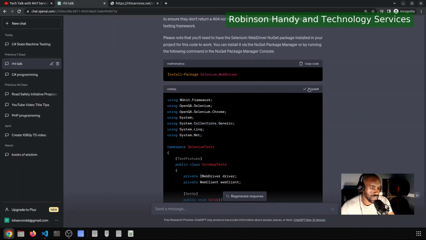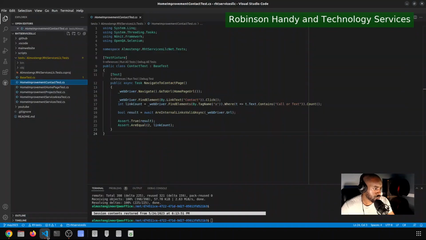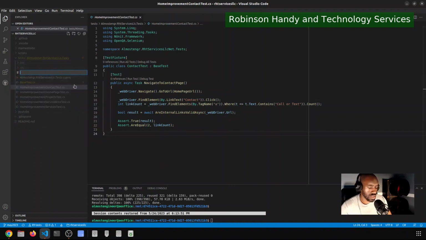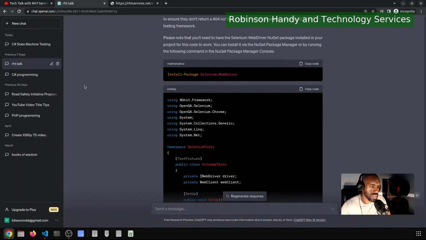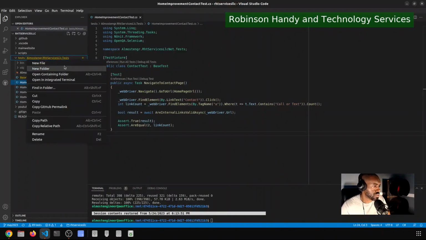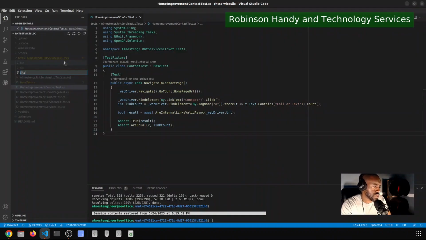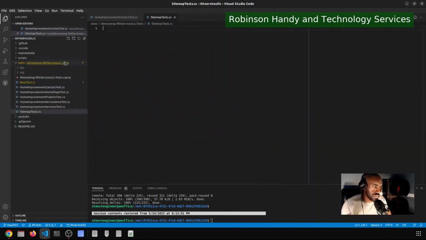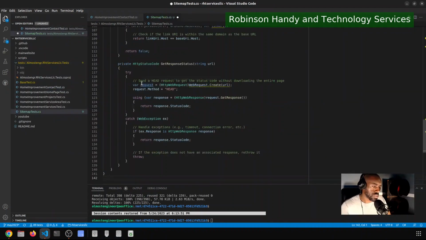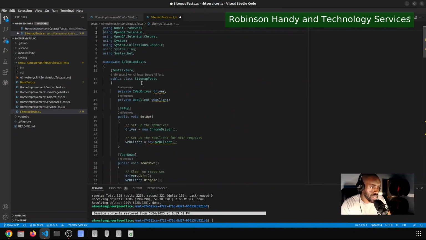All right, so I'm going to go ahead and copy this, and we will go back over to Visual Studio Code. I'm actually going to create a new test class. And what did it name this? It named this sitemap test. So we're going to do the same thing, sitemap test. I'm not going to commit this right away, though, because obviously that is not the ideal name of a test class. Also going to update the namespace here, so almost engr, well, yeah, that's about right,